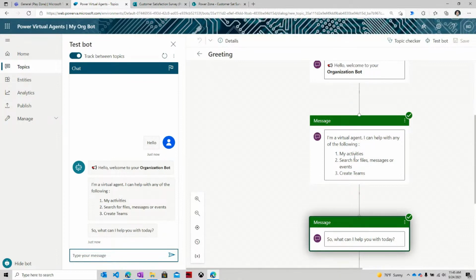It can search any activities or tasks that are assigned to me. It can search OneDrive, it can search Microsoft To Do, or it can search for files, messages, or events, emails, calendar items, or any files that are shared with me. Or it can go and create teams for me as well. So let's